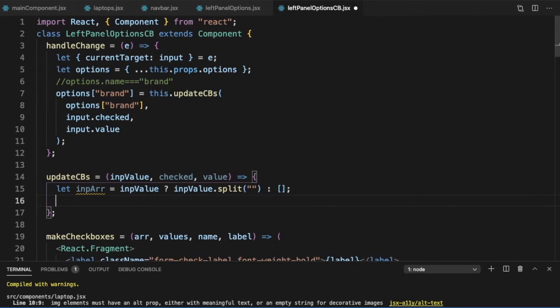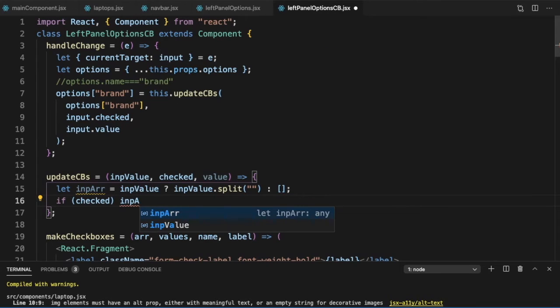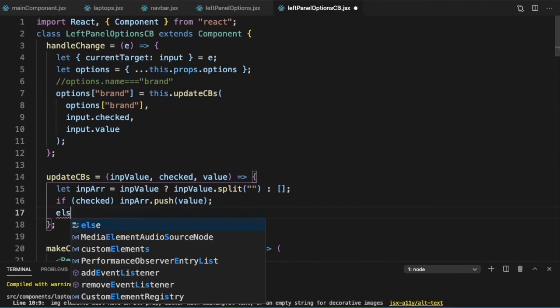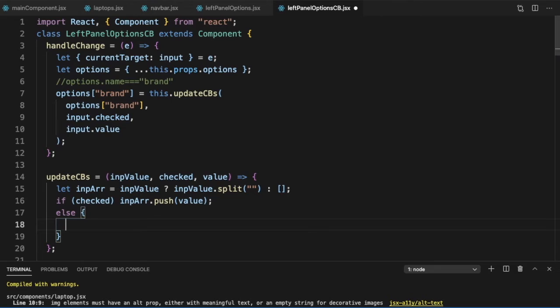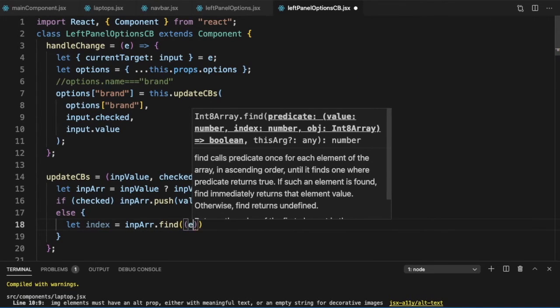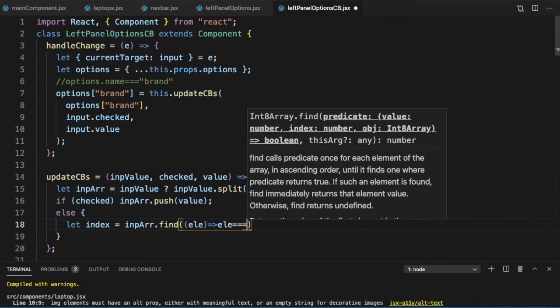Now that we have the input array, we can use our standard if checked, then inputArray.push(value). Else, we find it: let index equal inputArray.findIndex, le such that le is equal to value.